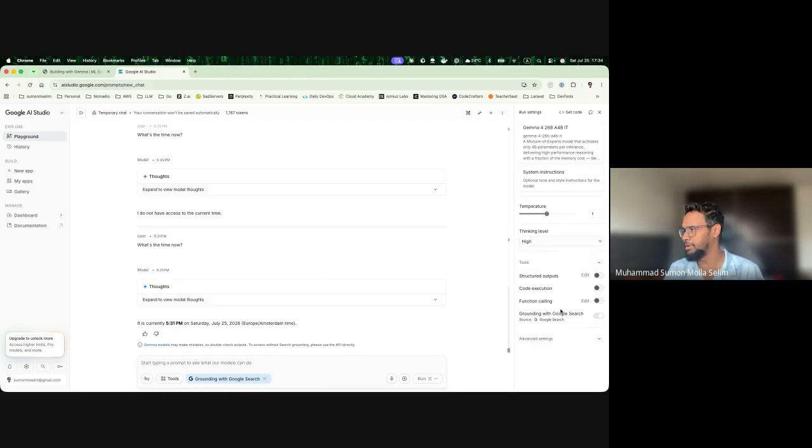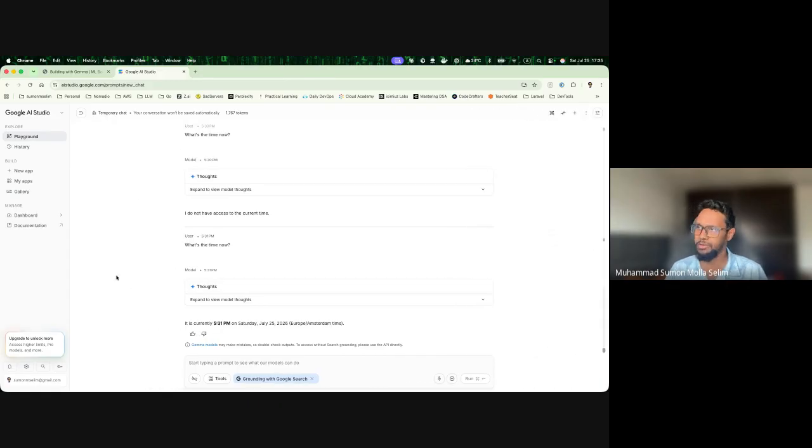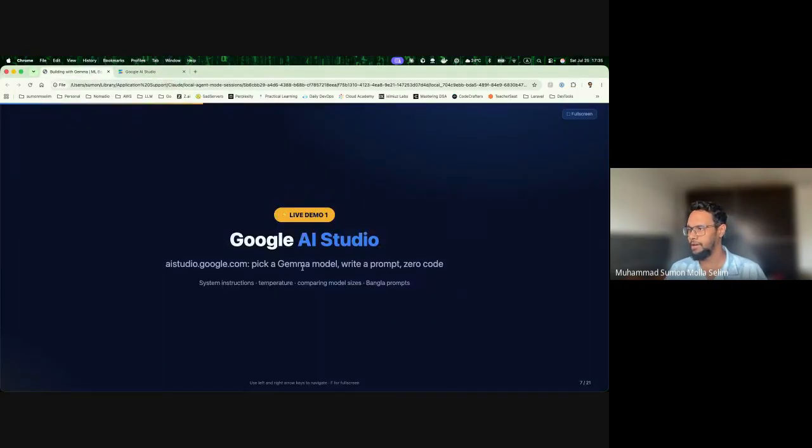level minimal. Then there are a couple of other options, like when you are developing an application through AI Studio, there will obviously be code. So do you want to run the code, do you want to do function calling or tool calling, this kind of thing? You can set all this from here and try out how that goes or how that performs. And yeah, now we will